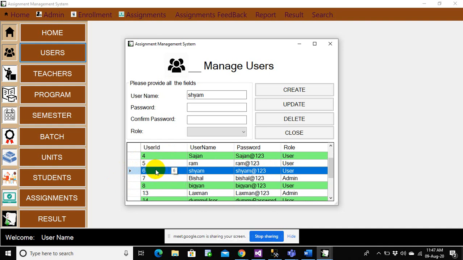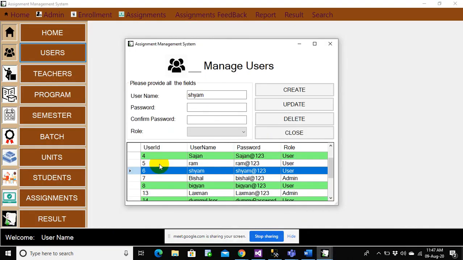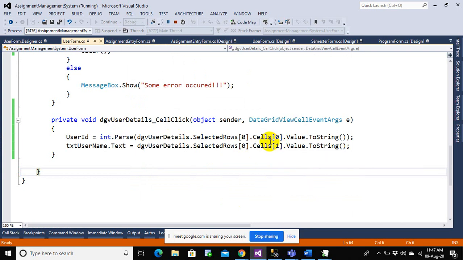So this is selected row 0 and the cells means column 0. So if you look into my program, it will say you selected row 0 and the cells 0. That means 0th row and the 0th column value. Similarly, this one is the 0th row and the 1 column. That username is 0th row and the 1 column. So if I go into my program, you can see 0th row and the 1 column. So 0th row 1 column is username. That's why I am trying to paste that inside the username. So I hope that makes sense now everyone.